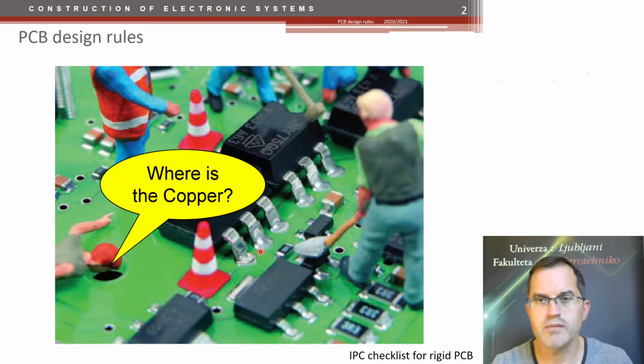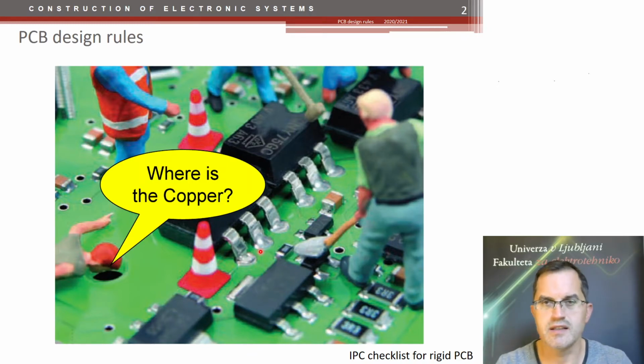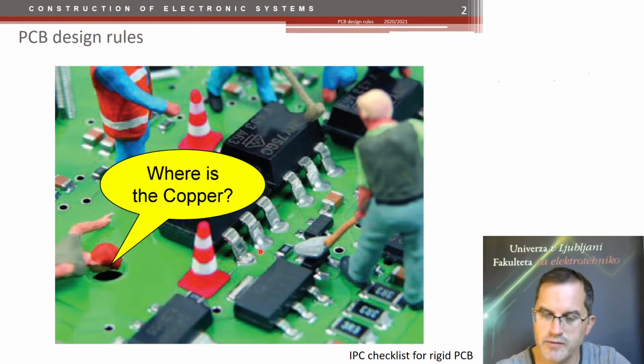So yeah, a lot of problems can happen out of the production, and maybe just a small percentage of circuits are not working, but still this can mean quite a big loss in the overall production yield. So yeah, applying the rules to the design by knowing the PCB procedure, manufacturing procedures and assembly and all materials is essential for every engineer that